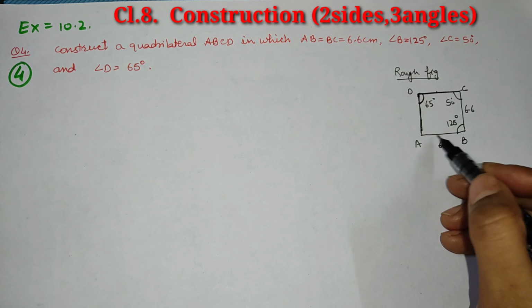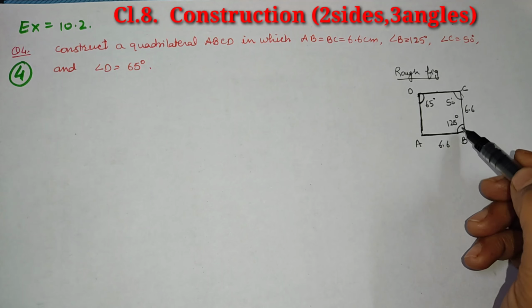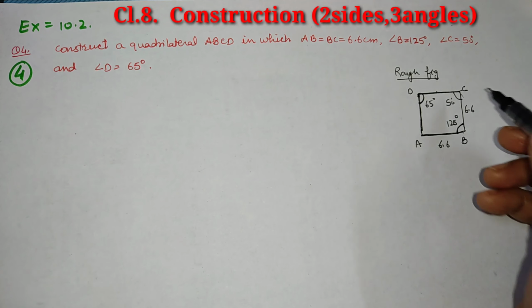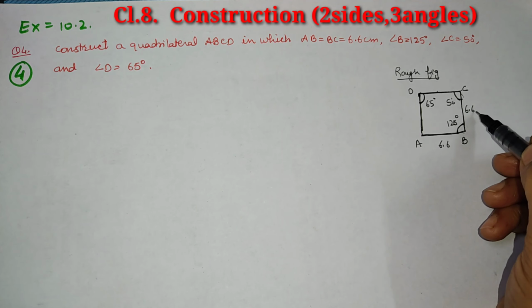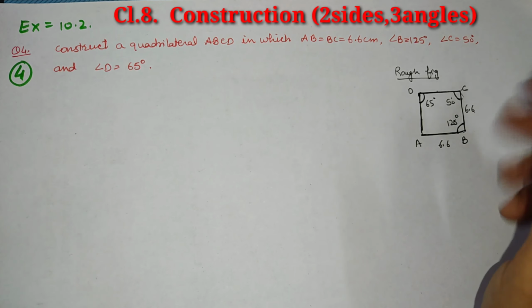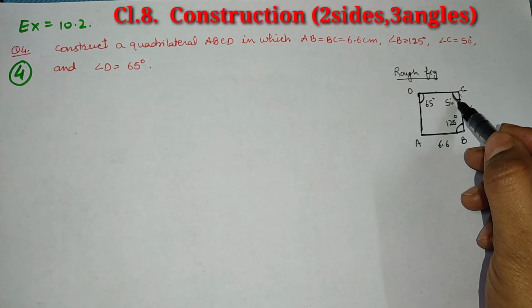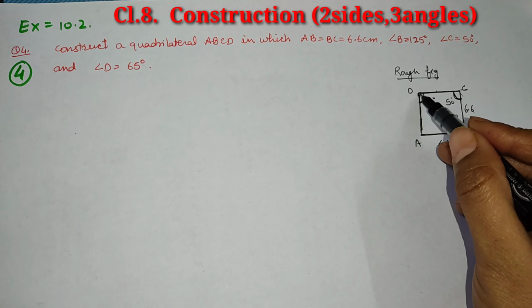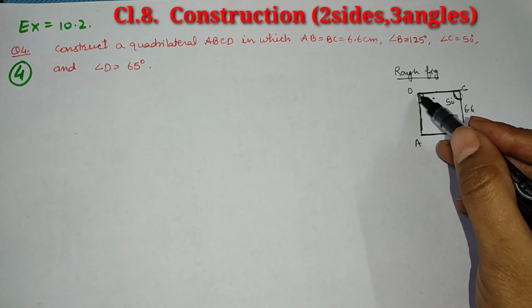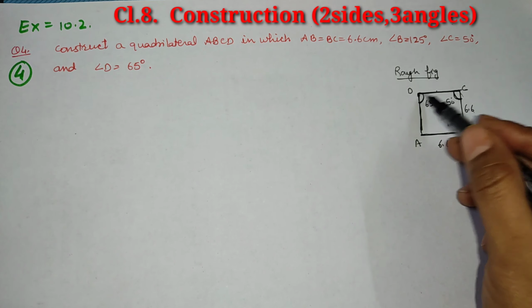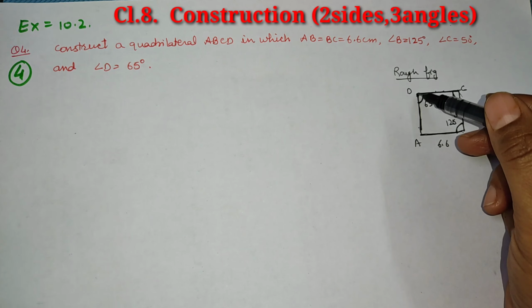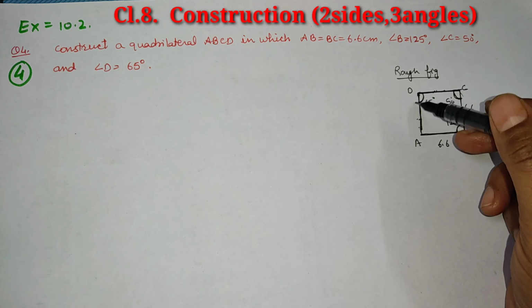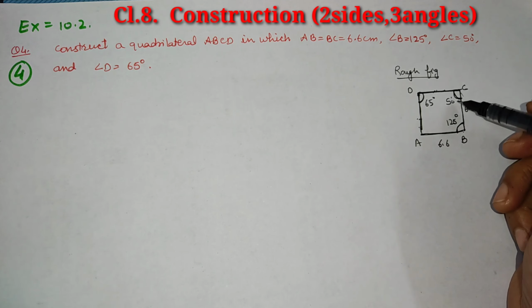Now see, for angle B, you know this side and this side, both arms, so you are able to draw the 125 degree angle. Angle C is 50 degrees. Now you can see one arm, CB, which is 6.6, so you know the length of one arm, and you are able to draw 50 degrees. But how will you draw the side CD for angle D, because you are not given any side? As the rough figure told us, for angle D we don't have both the sides, so we are unable to draw this.